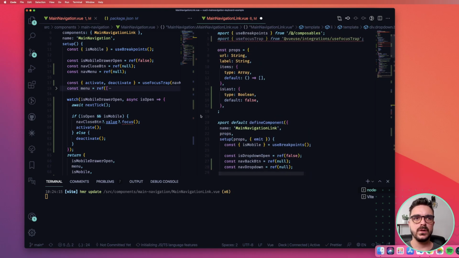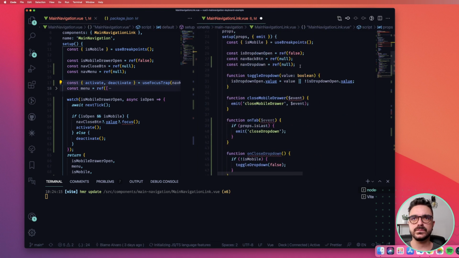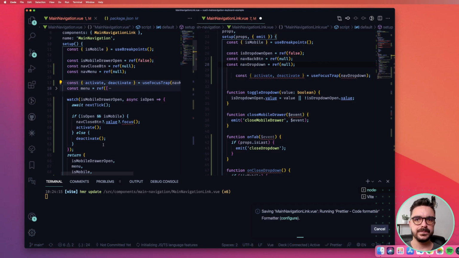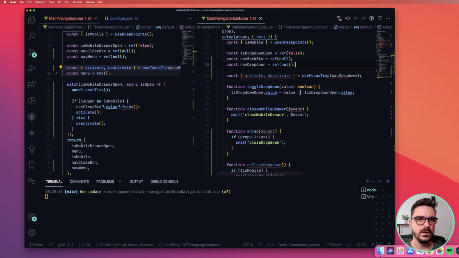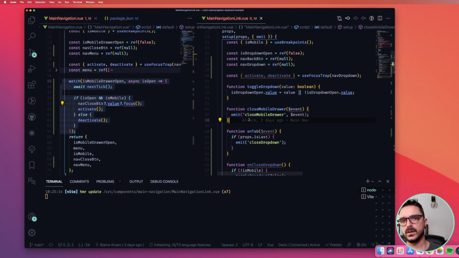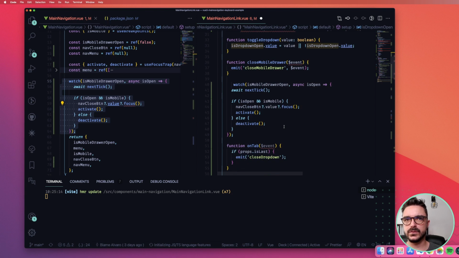Okay, so we're going to use the same one here. Let's put it just below, yeah, here. And instead of passing the nav menu, what we are going to pass is the navDropdown, where we want the focus trap to be in. Then we want to watch for the dropdown to be open in order to activate or deactivate our focus trap.